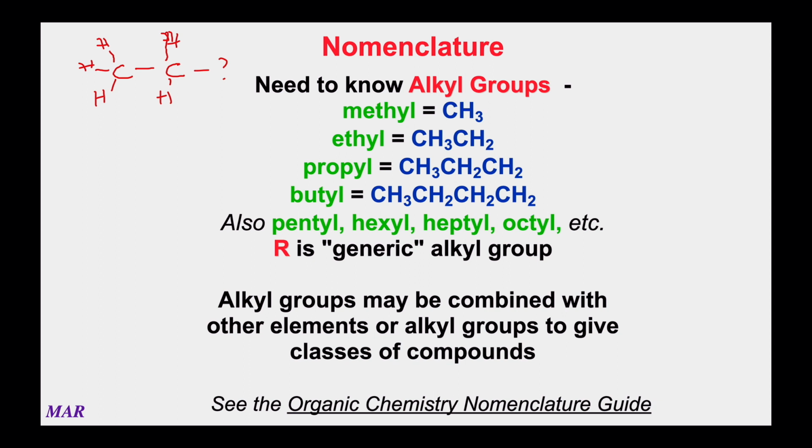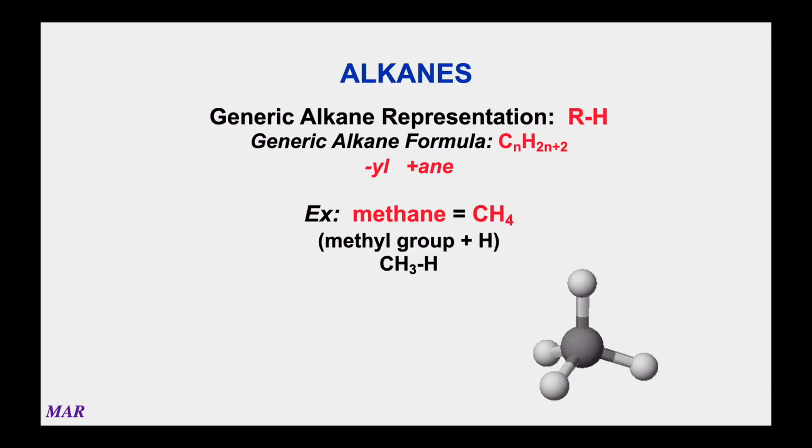At this point, I'd like to advertise the handout listed at the bottom, the Organic Chemistry Nomenclature Guide. This is in the companion. It's also on the website. But this lists many of the beginning alkyl groups in greater detail. And also, there's a whole list of the different families or classes of compounds that we're going to be seeing in this section. So I do recommend that you check out that handout to get a better idea as to what's going on here. So the simplest of the classes of organic chemicals is called an alkane.